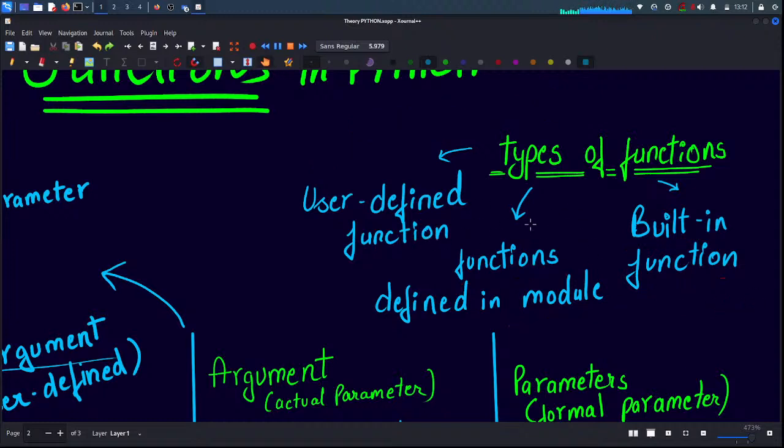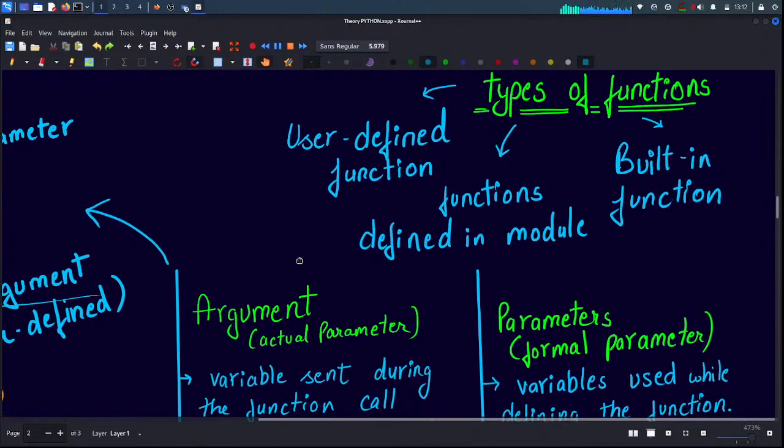So these were the types of function. So next comes the